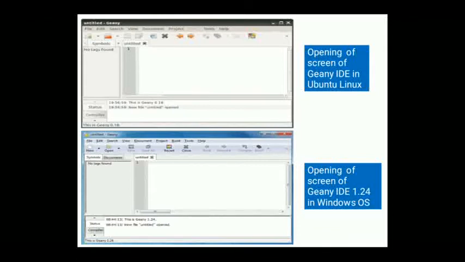To open a new file, choose the File menu. Here it is, the File menu, and select the New option, or click the New button on the toolbar. Then we open a new page for C++ program writing.